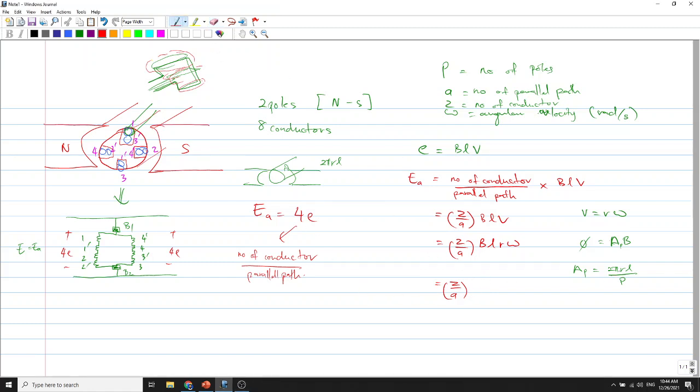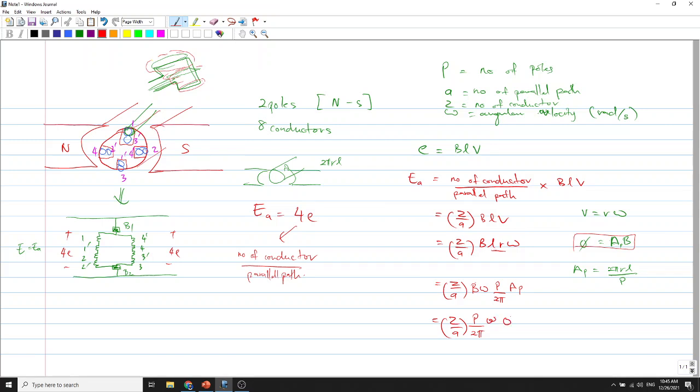We already have L and R, so what we should do now is rewrite the B and also the omega, and to replace this into the formula we need to times with P over 2 pi A. Then we write Z again, and we replace B and A with this equation. So we get P over 2 pi